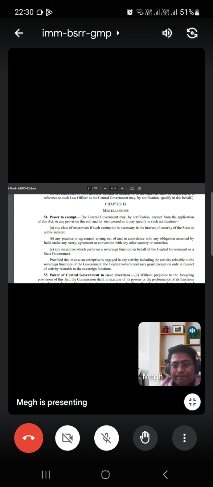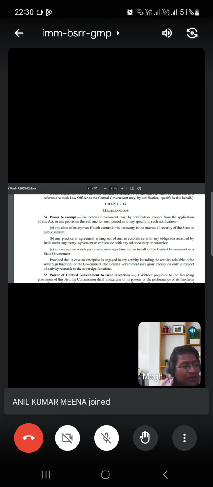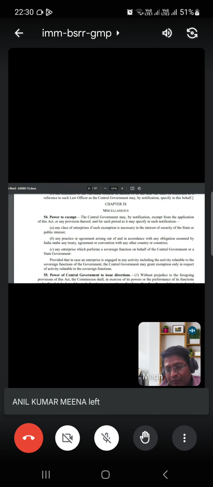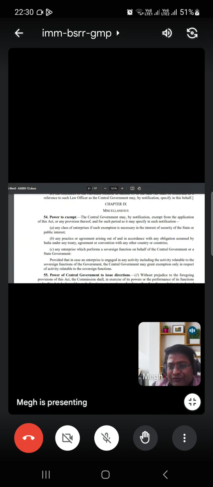Now the commission that has been created, known as the CCI, required funds to pay salaries to its employees. It required funds for the other services and facilities it provided. So a special fund is created under section 51, the constitution of the fund. And in this fund, one, the central government will credit the amount for salaries and so on.